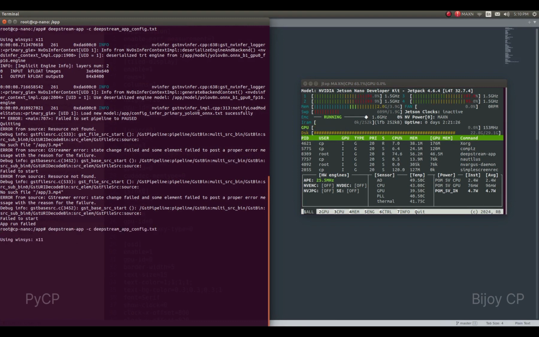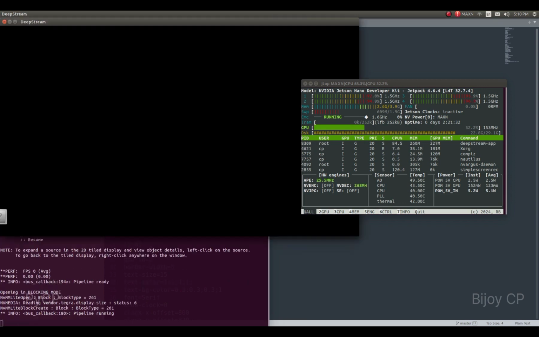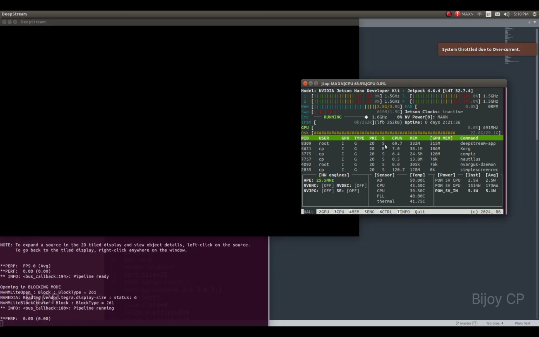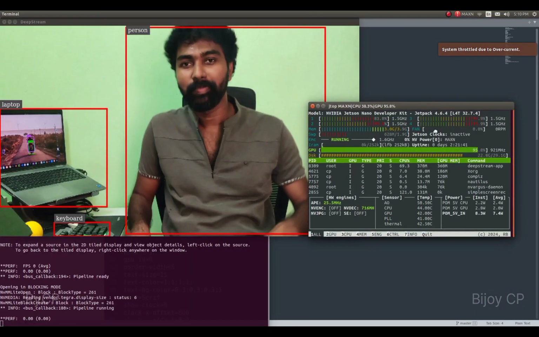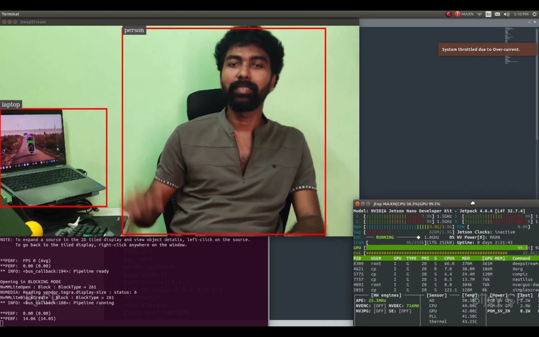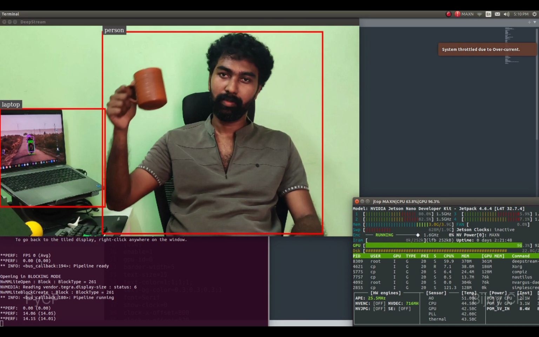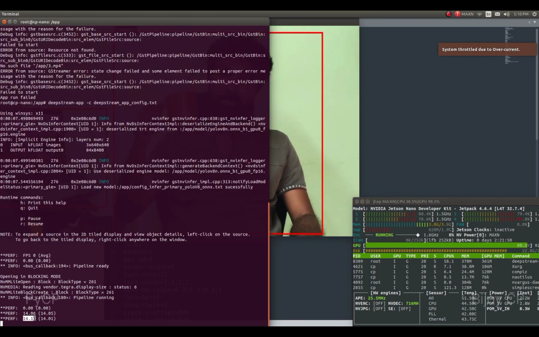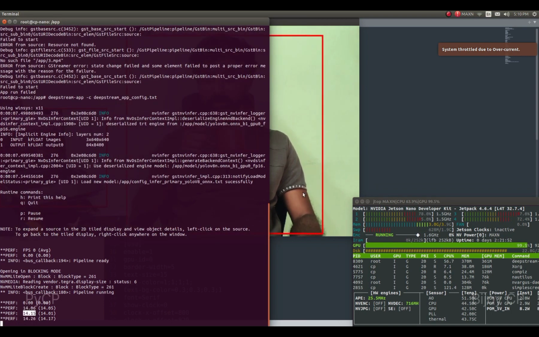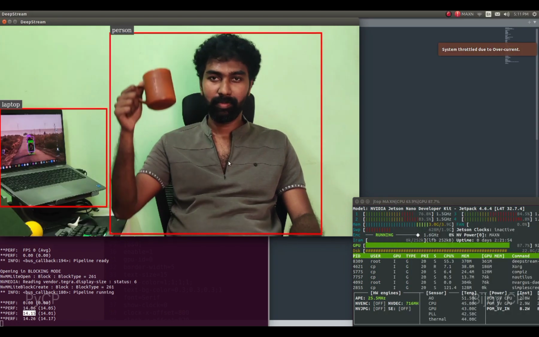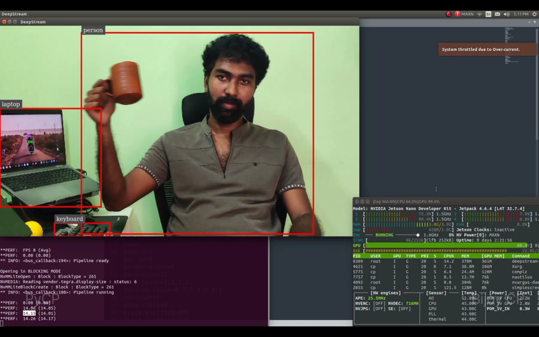You can see the output. Now you can see the FPS is 14.26.